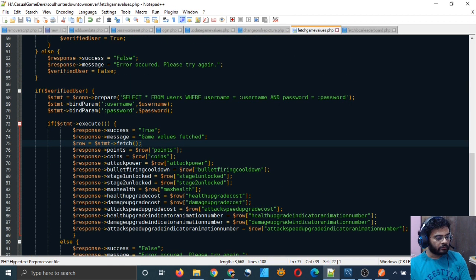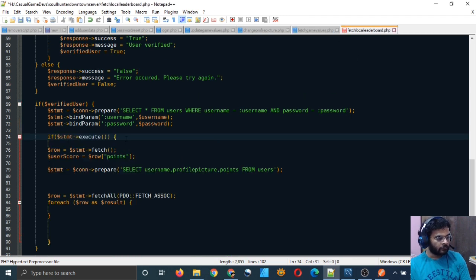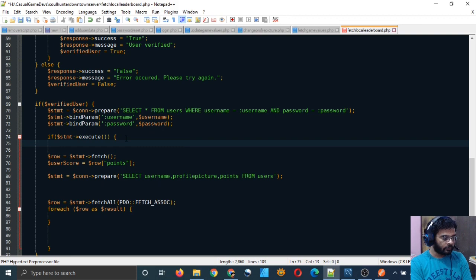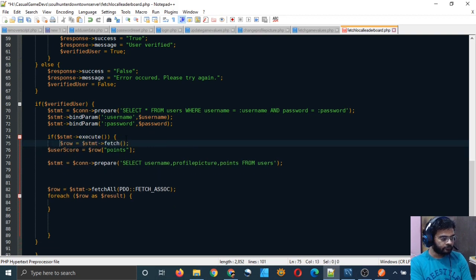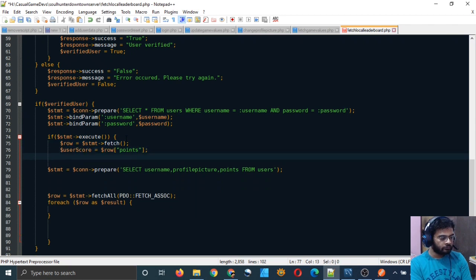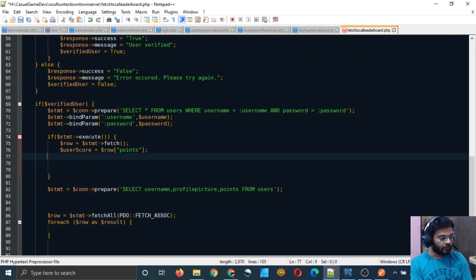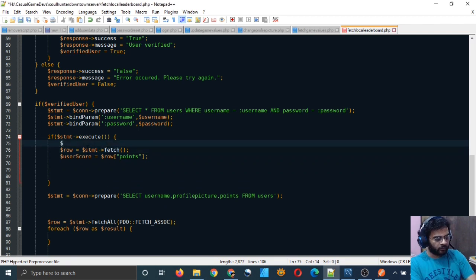And yeah, if stmt execute is successful, then we will do that, right? You can also put some message in your response variable.